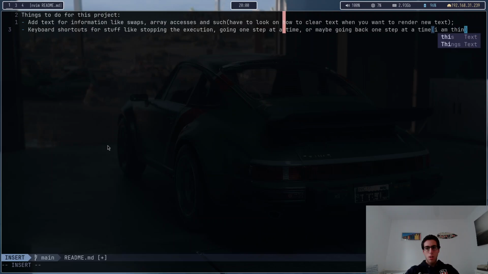I am thinking of implementing a queue, a list, a stack of steps, and you just